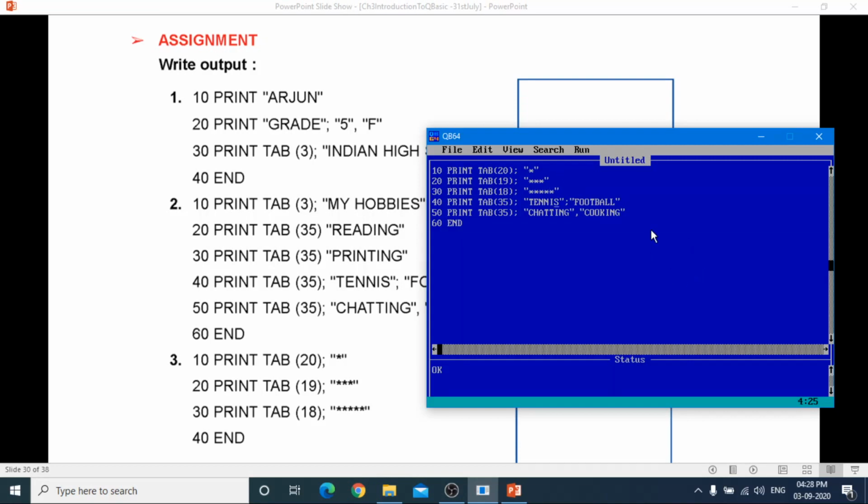Okay, and remove the last 2 lines, delete it. It is 40. Now run.